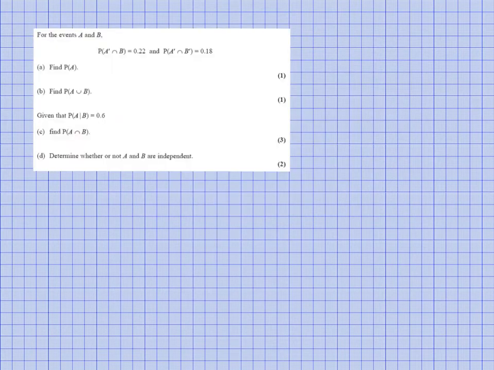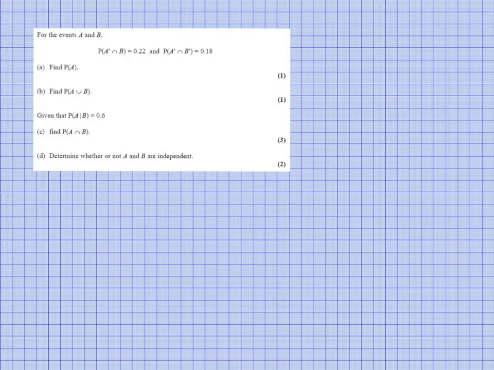Hi, just thought we'd have a little look at some Venn diagrams questions. This first one that we're looking at looked quite tricky, but isn't that bad. So we're going to go ahead and answer the question. We've got information about A and B, two events, and the easy way to do this is to draw a